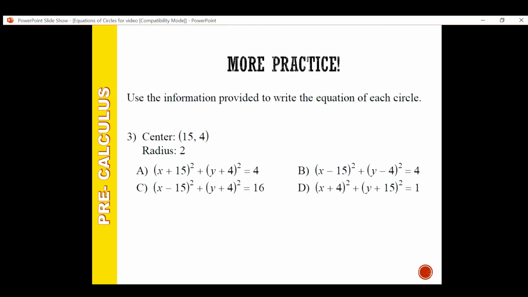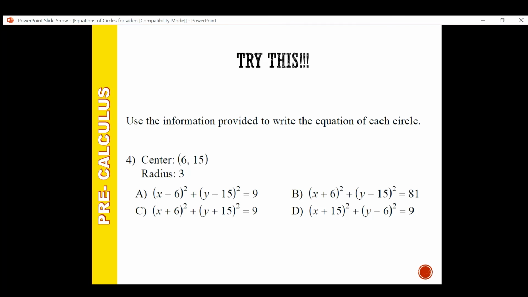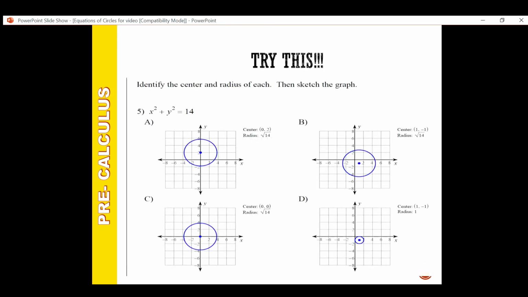Next, center at 15, 4, radius is 2. Okay, the answer is letter B. Next, center at 6, 15 and radius is 3. Okay, the answer is letter A. Next,